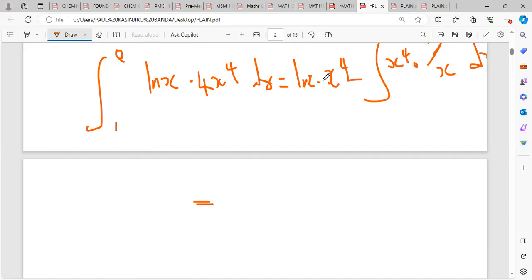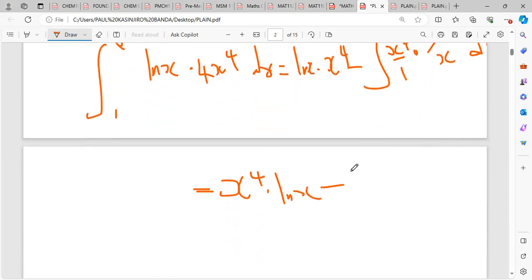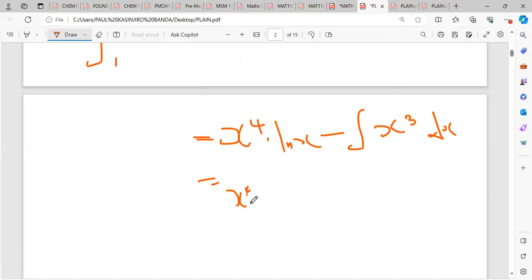here I'll still have the same thing. I can just change their positions, like I put x multiplied by ln x, minus, then what will I get when I integrate these guys here? So you can see that I have x to the power 4 being divided by x, so it means I'll just have x to the power 3 there. With respect to dx, is equal to, still the same thing there, plus ln x minus, what is the integration of